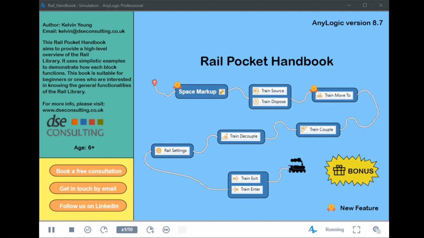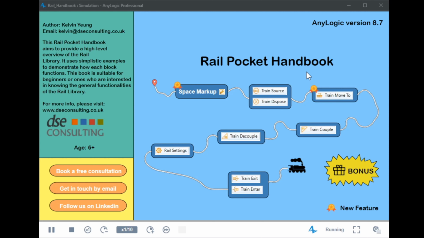As I mentioned in the last webinar, I used the analogy of Lego blocks to describe AnyLogic. As long as you know the blocks, you can build pretty much whatever you want. There are no right or wrong ways to put the Lego together. You just need to ask yourself and make sure that is what you wanted. That's the reason I started to create this type of Pocket Handbook series with the aim to let people know